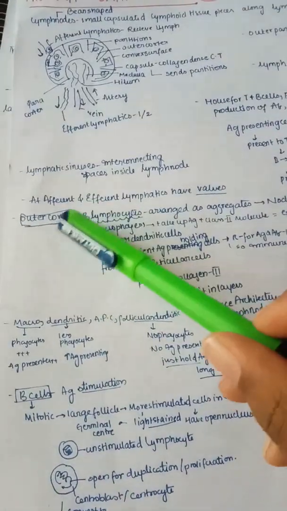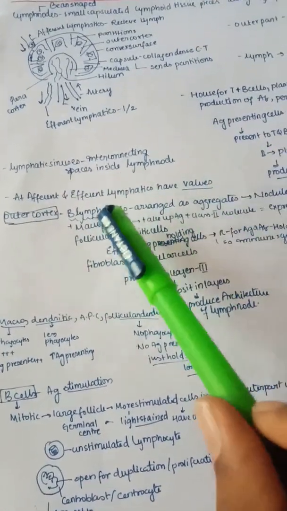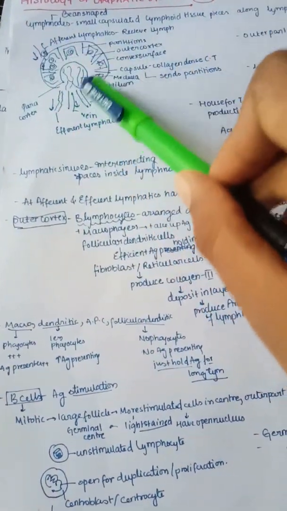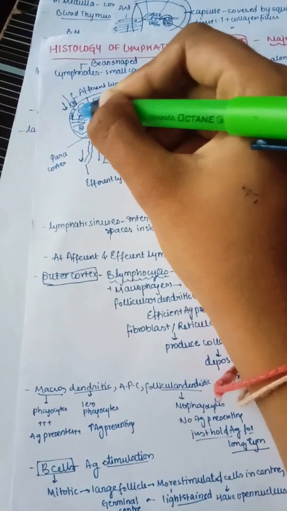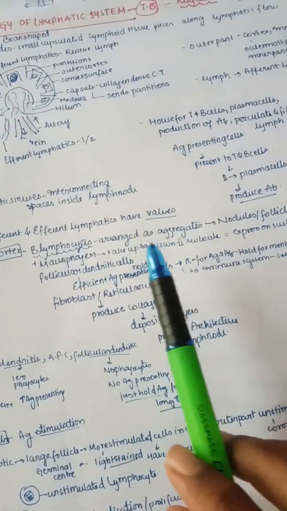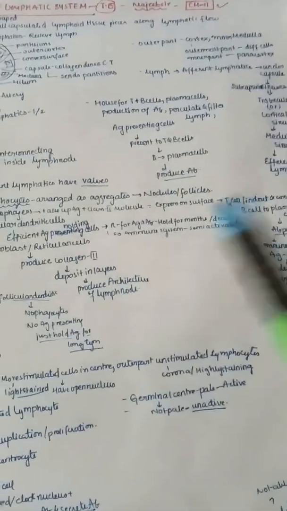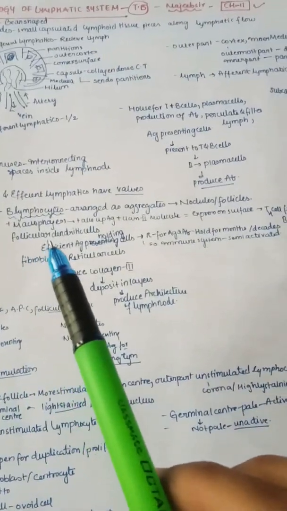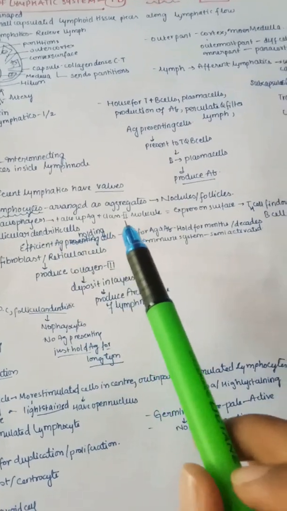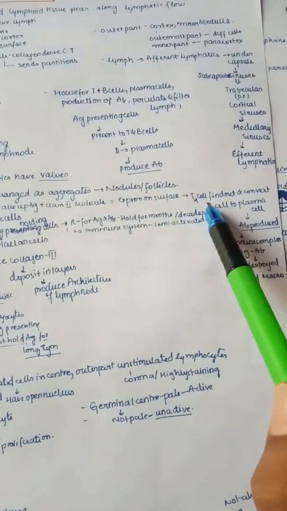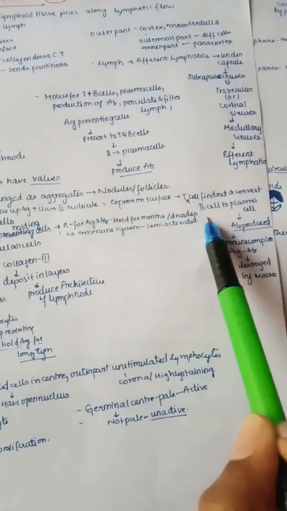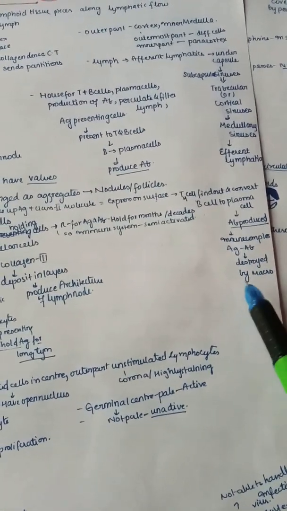Now let us understand the outer cortex in more depth. The outer cortex mainly contains the B lymphocytes. This area, these aggregates, are the B lymphocytes. They are arranged as aggregates, forming the nodules and the follicles. The macrophages are present, which take up the antigen, attach it to the class II molecule and express it on the surface so that the T4 cell can find it and convert the B cell to the plasma cell so that the antibody is produced. The antigen-antibody immune complex is destroyed later by the macrophages.